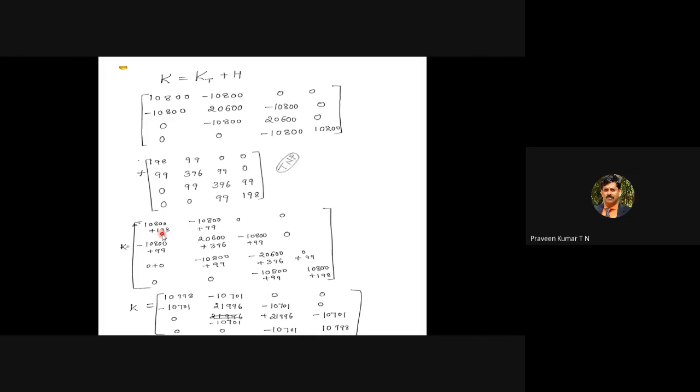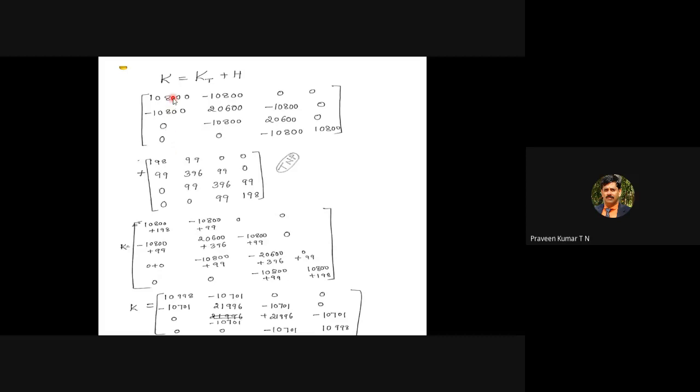Then when you add K1 matrix, maybe 2 by 2, K2 is 2 by 2, K3 is 2 by 2 matrix. But your K matrix is not 2 by 2. So K matrix is maybe a 3 by 3, 4 by 4 matrix. But when you're going for this particular matrix summation, it is like C is equal to A plus B. Matrix C is equal to A plus B. This is matrix A. This is matrix B. It is nothing but a 1-to-1 addition.